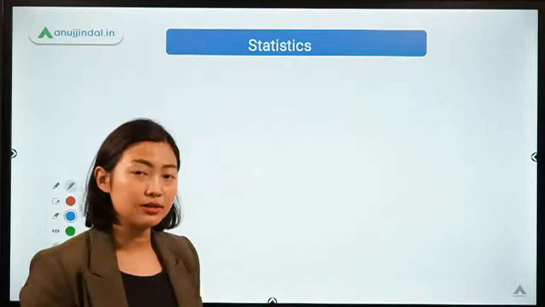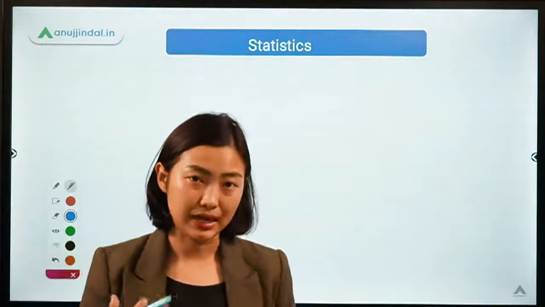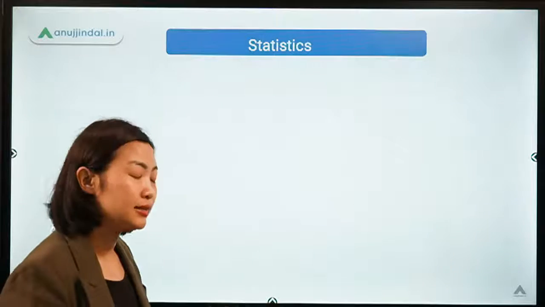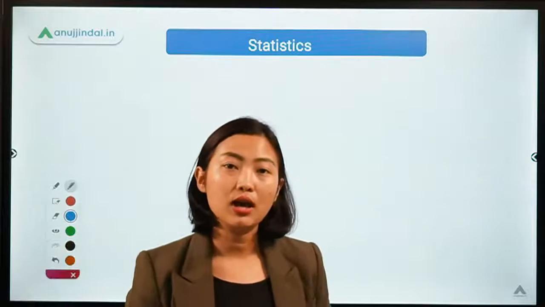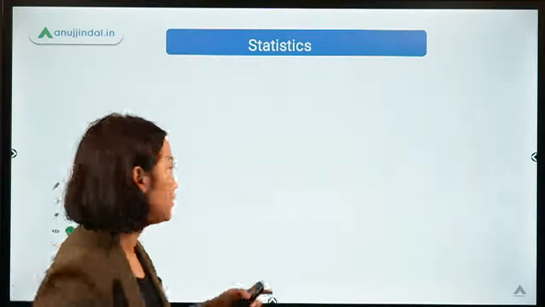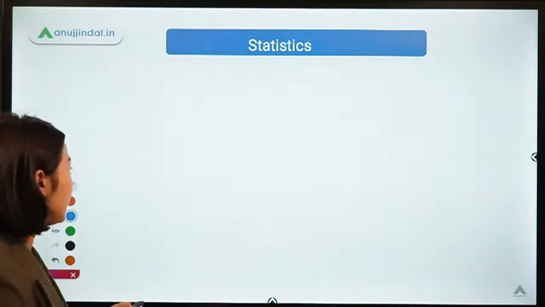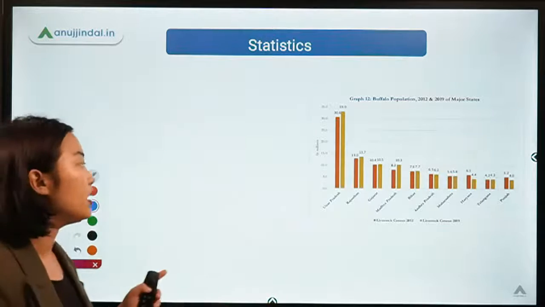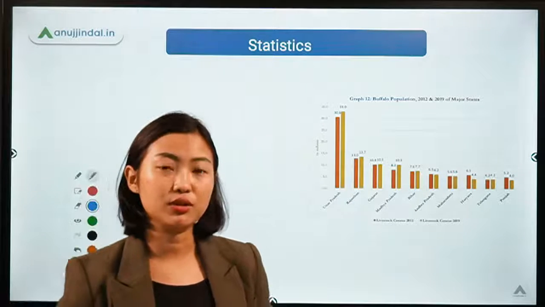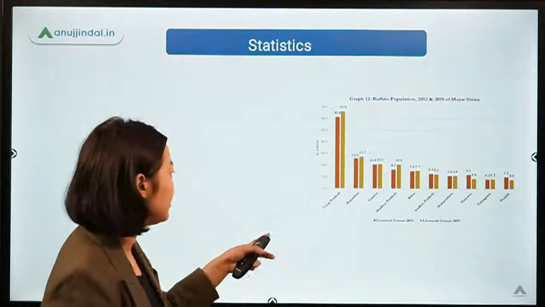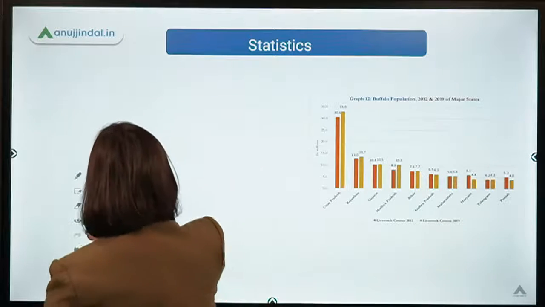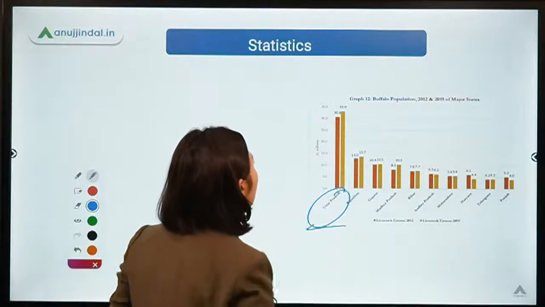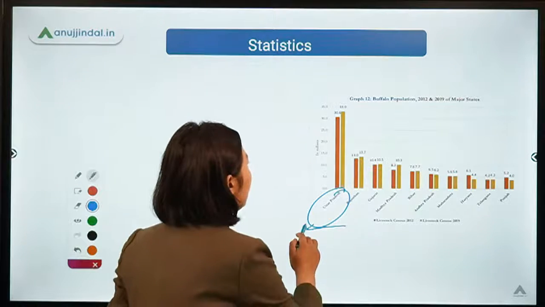So this 20th livestock census was updated in the year 2019, right? So now it'll come after only 5 years. So these statistics will still be relevant for your upcoming NABARD exam, okay? So try to remember that. And the first thing that we need to remember here is the highest buffalo population. As seen in the graph, the highest buffalo population can be seen in Uttar Pradesh. Right, so Uttar Pradesh has the highest buffalo population.